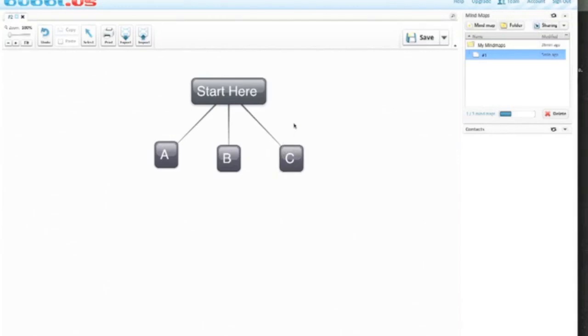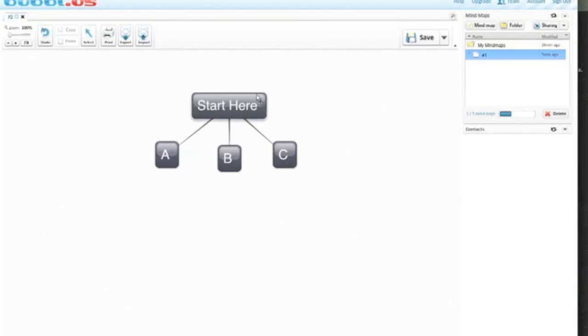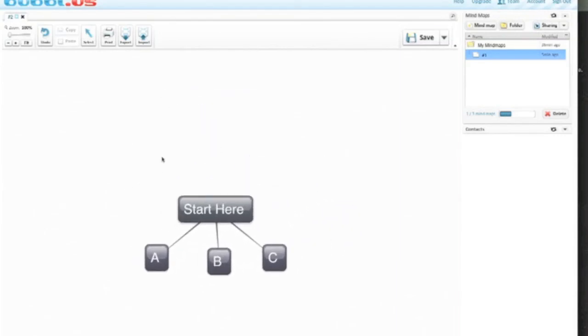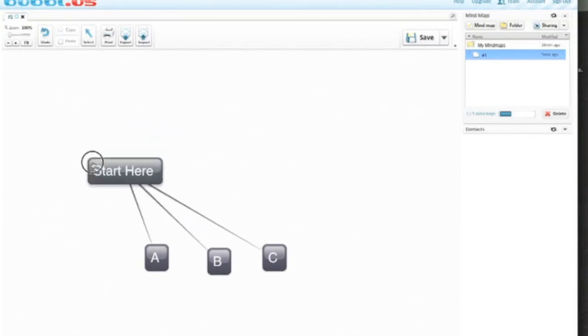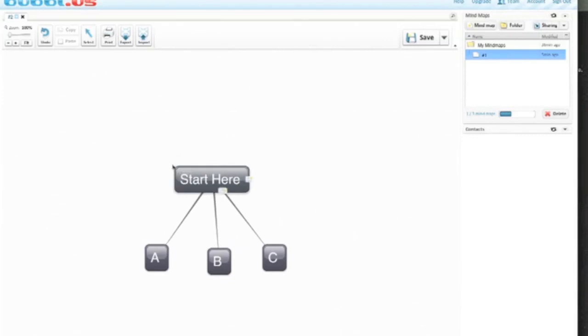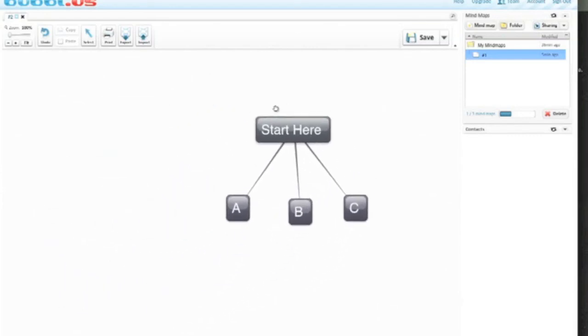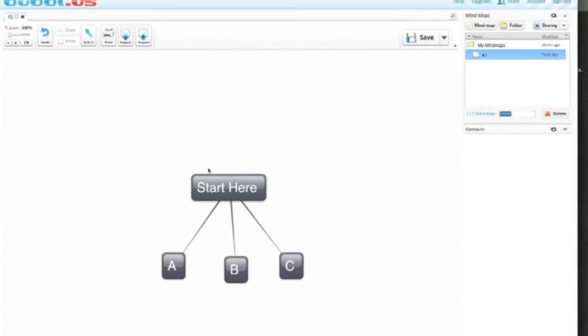So this kind of looks like a linear branching flow chart, maybe like an organizational type of a chart. That's one way you can do it. We could drag this down. Okay. Actually, when you see the hand, if I click move, it's just going to move this bubble here. So that doesn't do what I want, but if I left click outside of here and I just hold anywhere outside of here, and notice it makes that little hand, it'll move this anywhere on the screen that I want. So we're going to put this in the center for now, and I'm going to show you,